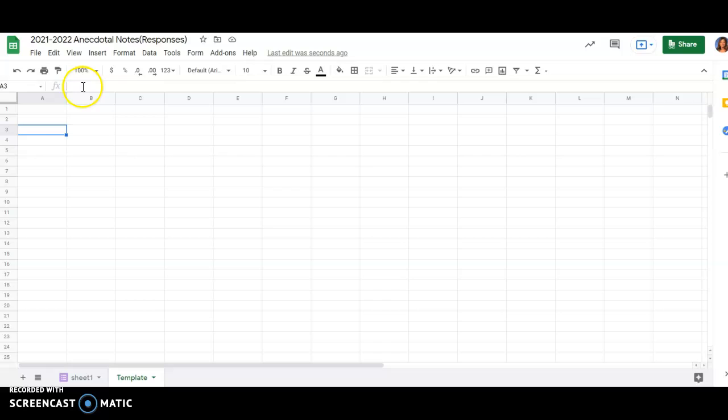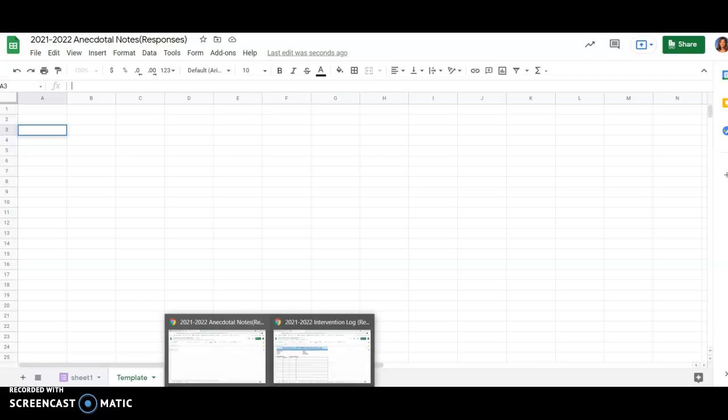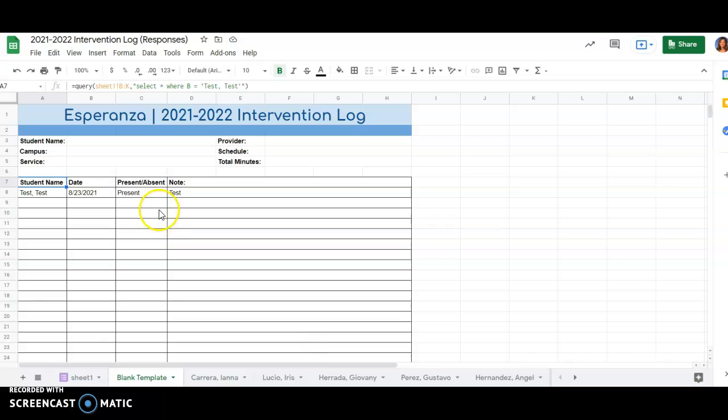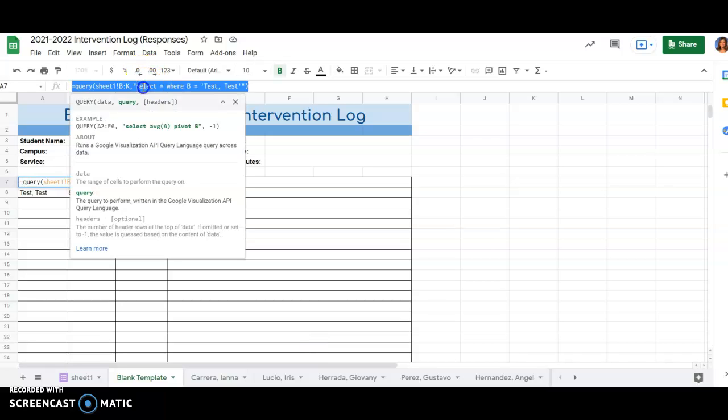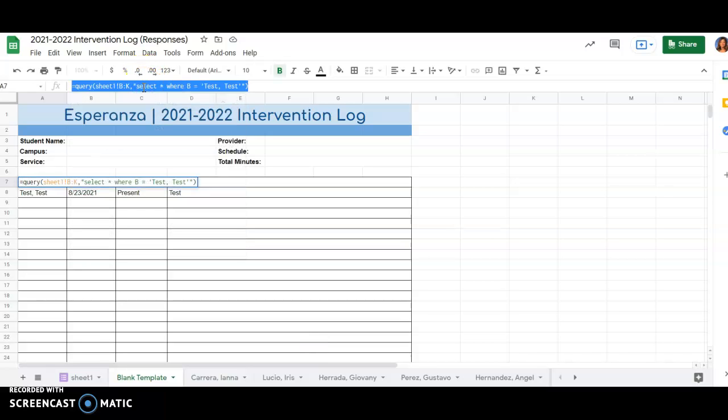But I'm going to add my formula to cell A3. So this is where I am going to input my formula, and I am copying this formula off of another sheet I already have. So here's my formula, Control C to copy,